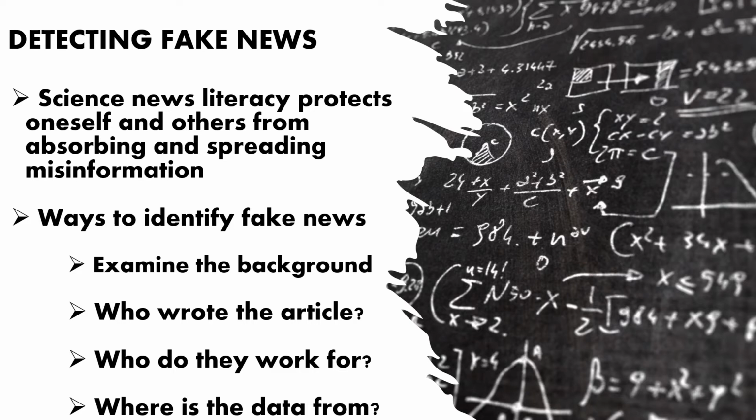Some of the main ways to immediately detect fake news is to look at the background. What kind of images do you see? What kinds of advertisements? Does it look well put together? You should also look at who wrote the article. What are their credentials? What is their work history? Who do they work for? Are they independent? Do they work for a major mainstream news source? Are they working with a funding agency? And who are they funded by? Also, you should look at where the data comes from. Who collected it? What methods did they use to collect it? How many people were included in the sample? What information or data is not included?